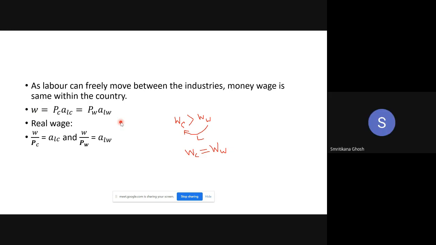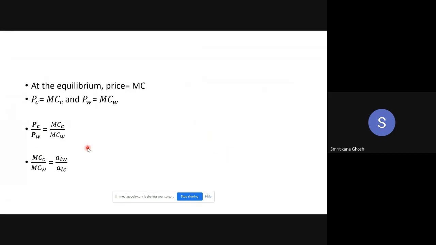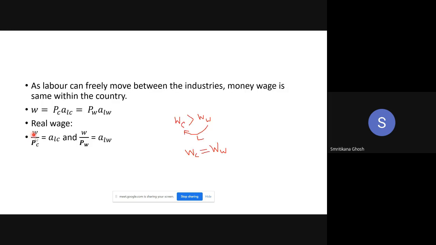Okay. Now the real wage. Real wage is W by PC, and that is equal to ALC, and W by PW, that is the real wage, is equal to ALW. Remember, this PC and PW are in bold. That means they are international prices. So now come back here. At the equilibrium, price is equal to marginal cost. That is also true. So PC is equal to MCC and PW is equal to MCW. So PC by PW is equal to MCC by MCW, right? And PC by PW is what? PC by PW is equal to ALC by ALW. From these two equalities,